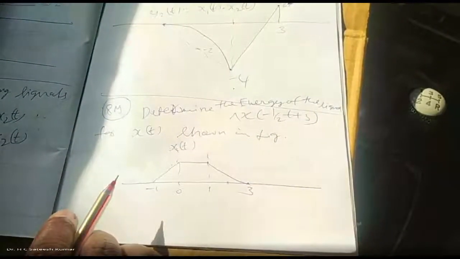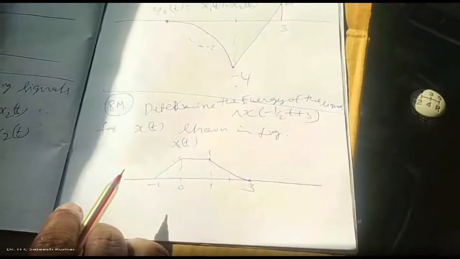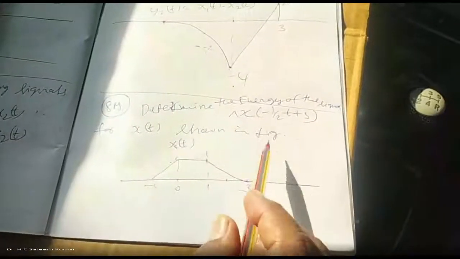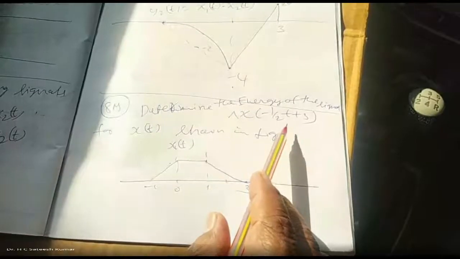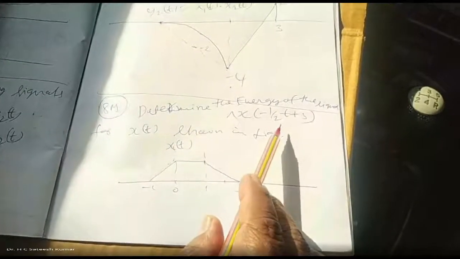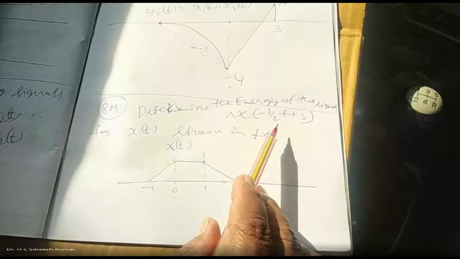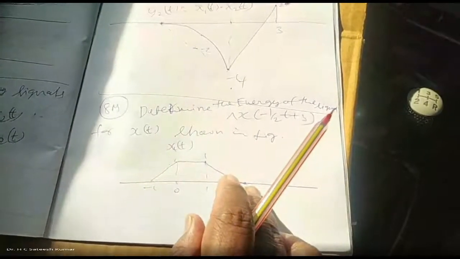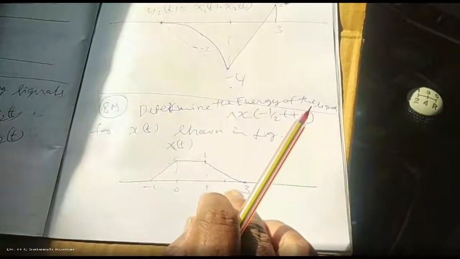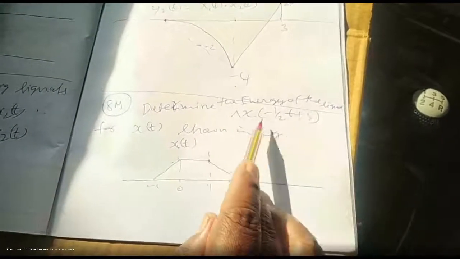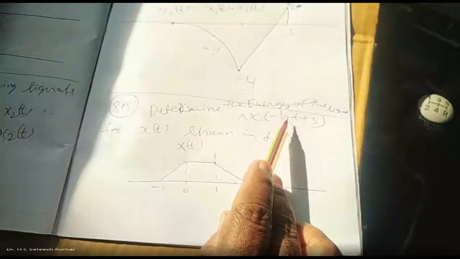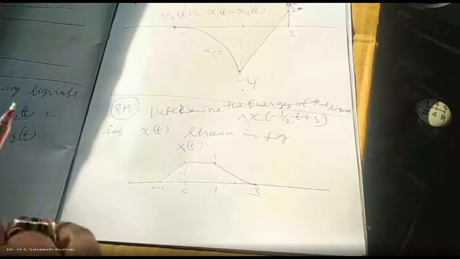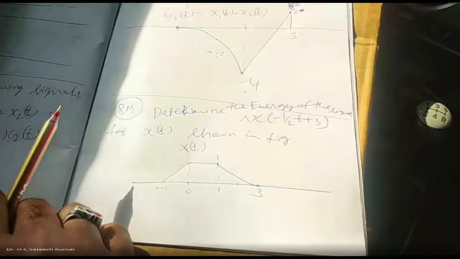Now the reason the majority of students couldn't answer this question is that generally what they used to do is directly find the energy of the signal. One diagram they will give, and they used to do it. That was the problem until that examination. But in this question paper, what he has asked is that you'll have to do the operations: shifting, scaling, and folding. After that, whatever signal you are going to get, for that you will have to find the energy. That is simple. That logic you should understand.